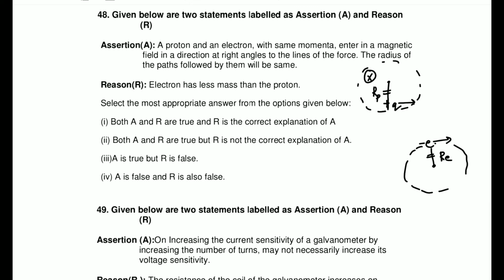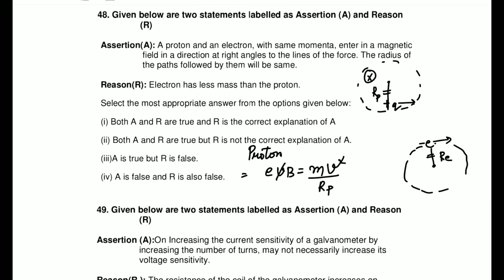Okay, so we know that your magnetic Lorentz force will be equal to the centripetal force. Now that is something which we all know. So the magnetic Lorentz force is actually Q times vB sine 90. Sorry, sine 90 is actually 1. So this will be QvB. So let's talk about the proton. For proton, it will be evB, and that equals m times v squared upon the radius of the proton.